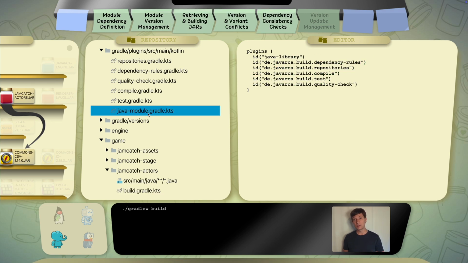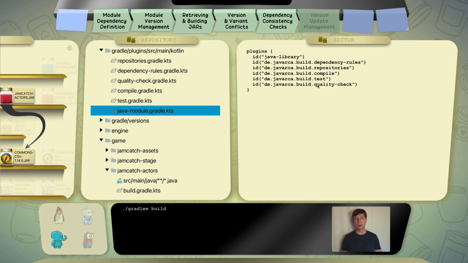If we look into the Java module's configuration file, we see that it is a combination of other configuration files or other plugins. This is one of the strengths of Gradle's system. It allows you to freely combine as many plugins as you like by composing them. First, we apply the Java library plugin, which is a so-called Gradle core plugin. It adds all configuration to build a Java module. Everything that follows is configuration that adjusts or extends these defaults to our needs.